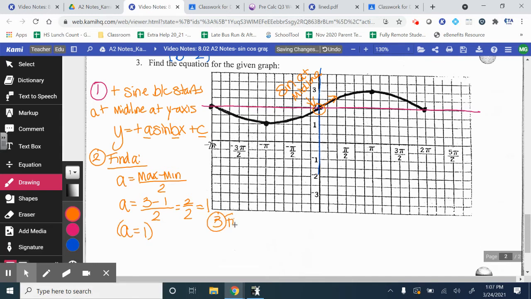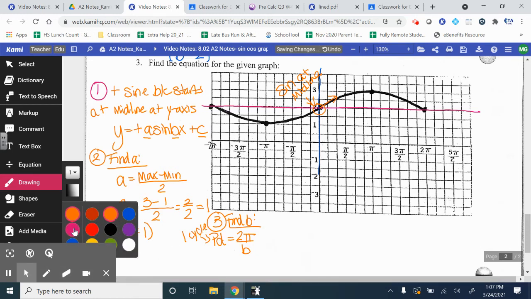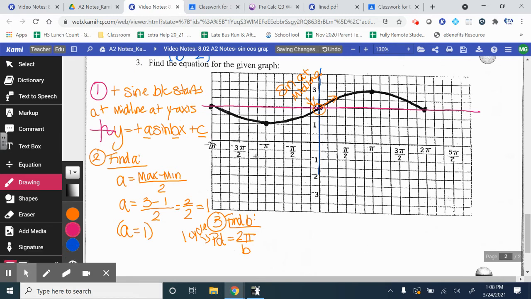Next, we're going to find B. What's our formula with a B in it? That's the period. So the period equals 2 pi over B. Again, period is how long it takes to complete one full cycle. We need to know what one cycle looks like. So a sine curve, remember, is the rotated and flipped S. So we're going to find our S here. And if I trace my curve,